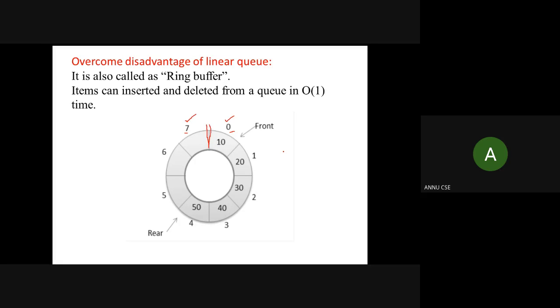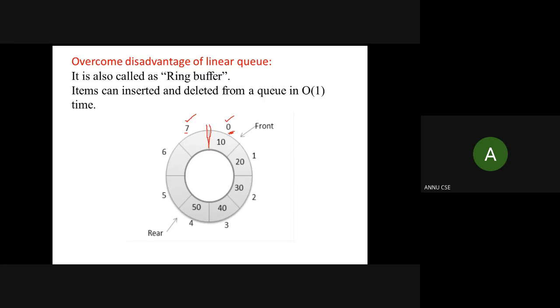How can we overcome that problem? Let me tell you. Let's suppose we have stored some elements like this in this queue. The principle of the queue will be the same, that is first in first out. The first element added whenever the queue is empty should be at index number 0. In a similar way we are adding and deleting elements.